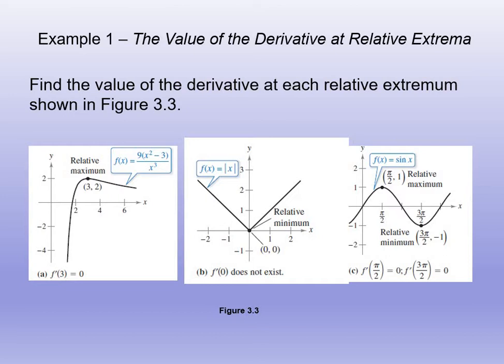So if we notice the derivative of this function at (3, 2), the horizontal tangent line occurs there, and the slope will be 0. Now if we look at the next graph, and we're going to go through these on the next couple slides,